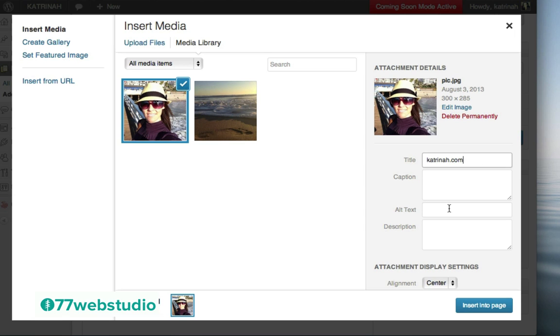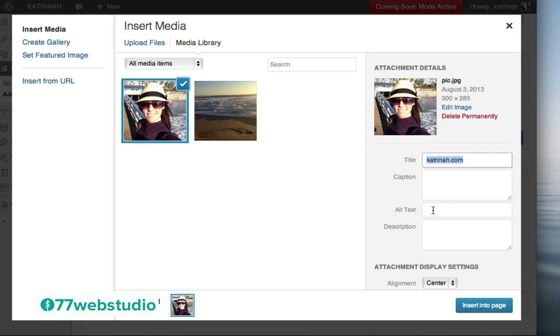The main ones to note here that are important to fill out include the title and the alternative text. This is important because the alternative text will give anyone who's perhaps using text-to-speech software, perhaps if they're visually impaired, at least they'll know what the image is because their software will tell them what it is. This is also important for search engine purposes because search engines like Google cannot read images. They can't see what the image is about visually, but they can read what it's about by looking at the alternative text. So it's a good idea whenever you add images to your WordPress website that you include a title and an alternative text.